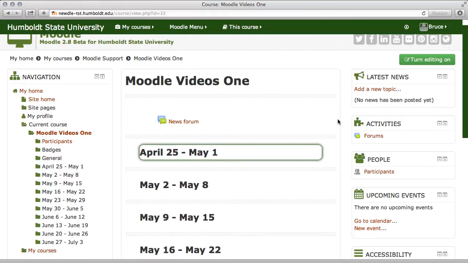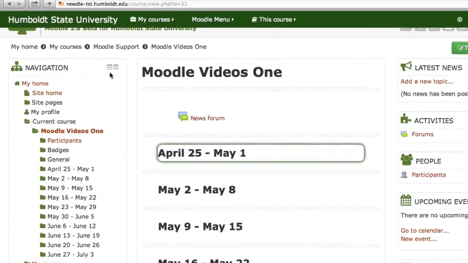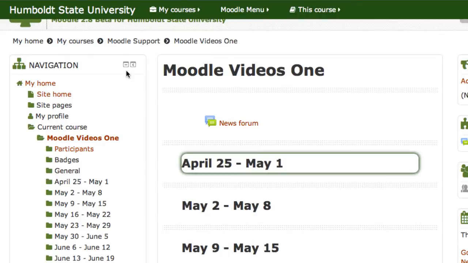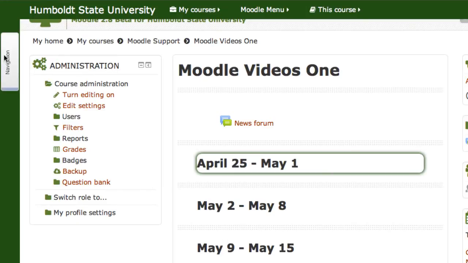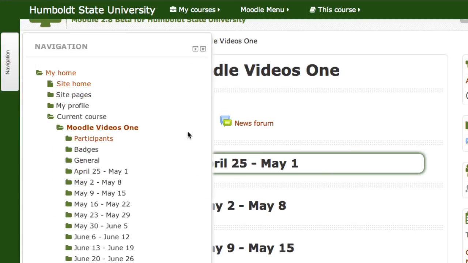And this is a personal thing for me, but I find a lot of faculty really like it. This navigation block can take up a lot of real estate, and I like to come to the upper right hand portion of the navigation block, and you'll see two very small little boxes. One will hide, that's the left hand box. I like to use the right hand box and click and dock the navigation. Notice there it is off the screen, and if you float your mouse, you still have full utility.